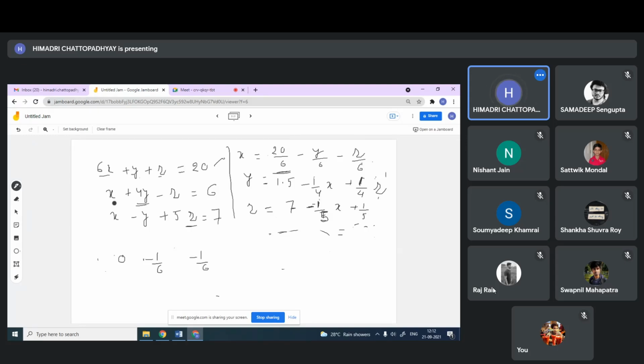Then here you see x has a minus 1/4, so minus 1/4, then 0, y has 0, z has 1/4. What I am trying to do, you will be clear. And for z, for x you have minus 1 by 5, minus 1 by 5 and the other two are